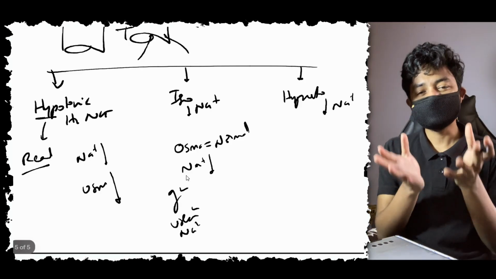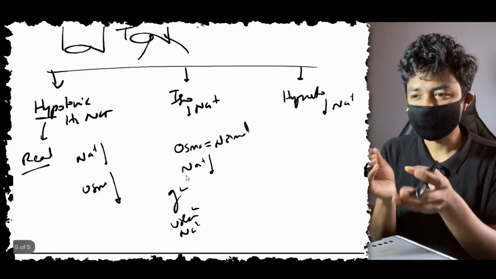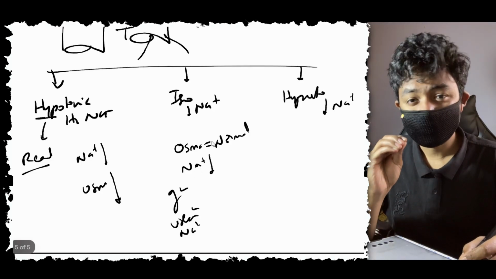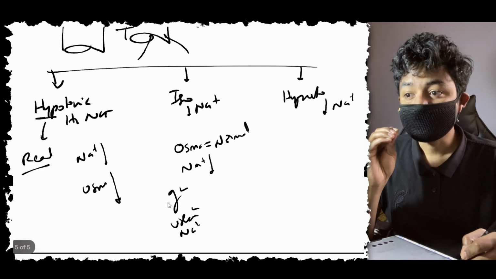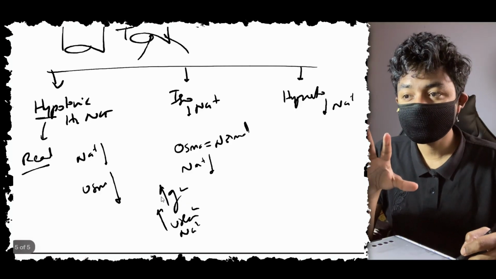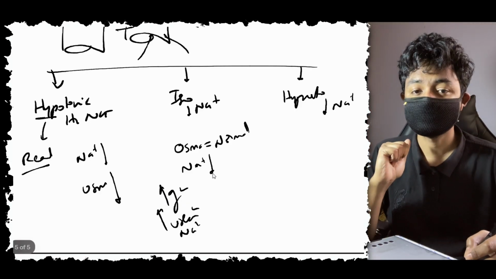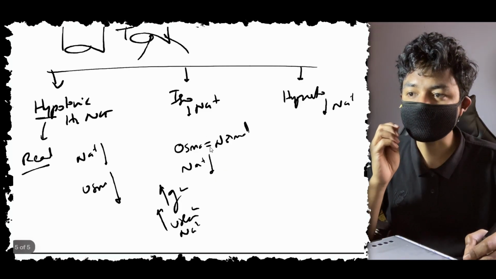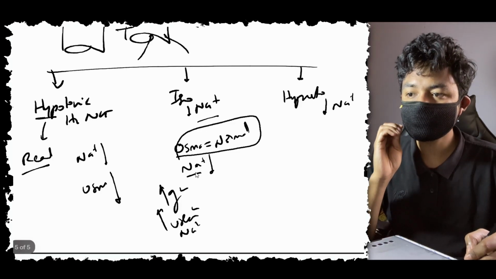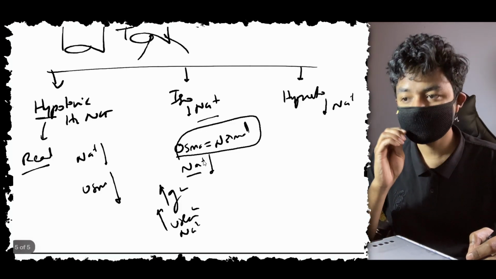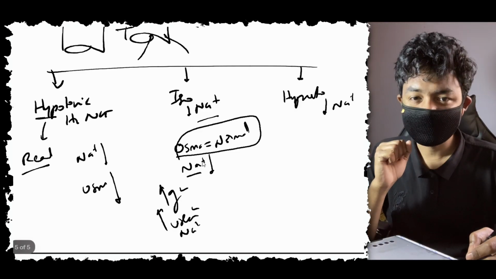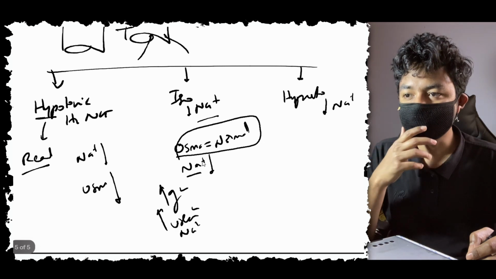So essentially that means inside the blood there are all these particles, all these solutes: glucose, urea, and sodium. So essentially what is happening is osmolality is looking normal, but sodium is less. That means something else is more here. Glucose or urea, something else is covering up for the sodium. Hence the osmolality is looking normal, but the sodium is less. Okay, you're getting my point. So that is called isotonic. Isotonic means osmolality is normal. Isotonic hyponatremia means sodium is less, but in place of sodium, somebody else, his friend, is compensating, either the glucose or the urea or something else will be raised. Hence it is isotonic hyponatremia.